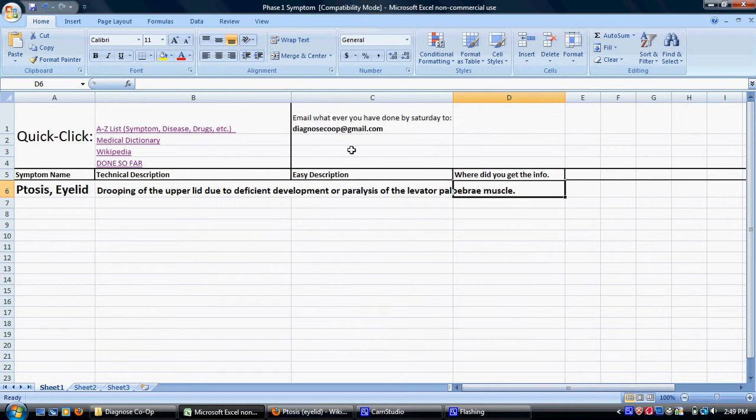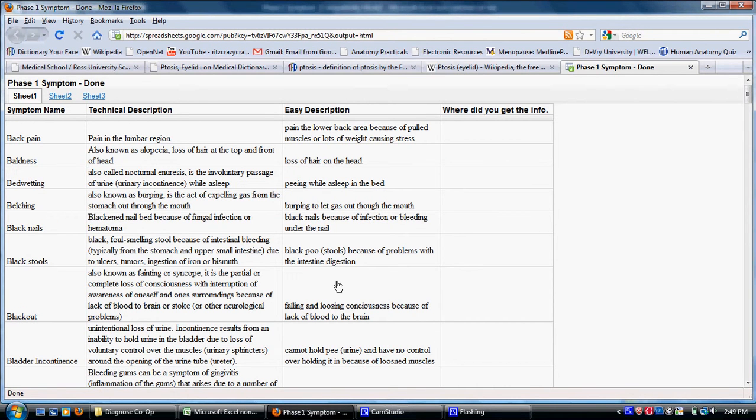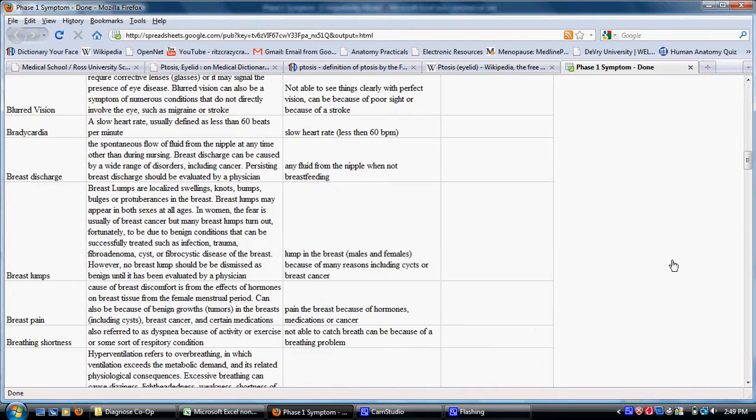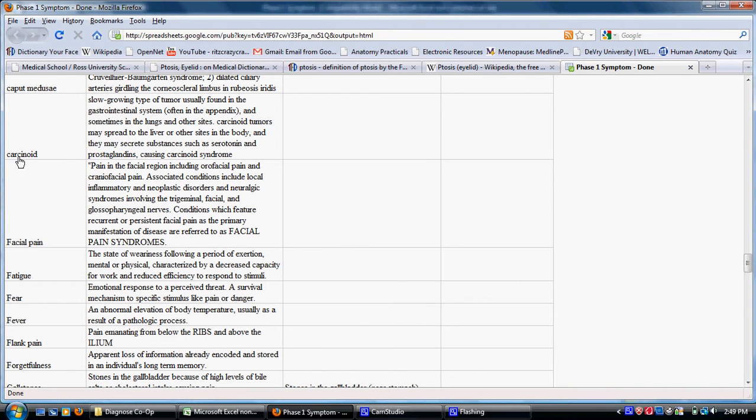to diagnosecoop@gmail.com. Then after you've done that, what we'll do by the end of Sunday is you can click on this Done So Far, and we're going to upload it to our Google spreadsheet or Google document. And the cool thing about Google Documents is it puts it on a website like this, as you can see up here, so that everyone can look at it and see what's been done so far. So you can even do this before you start and say, hey, has anything been done for C? Oh, he's done CA. Looks like he got all the way to the end of CA, so you can move on to maybe the next vowel, maybe CE, or whatever you wanted to,